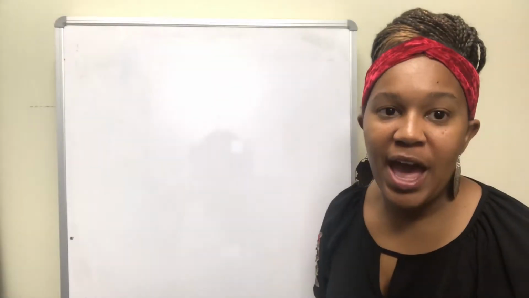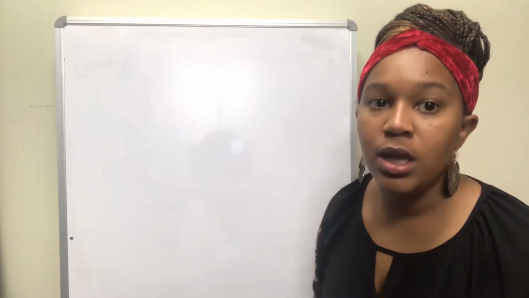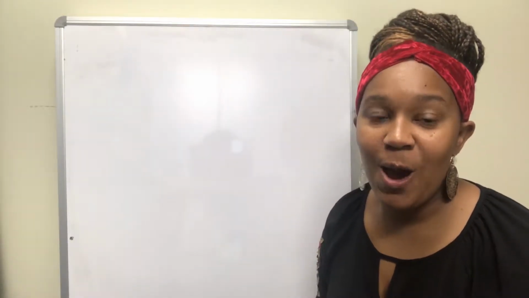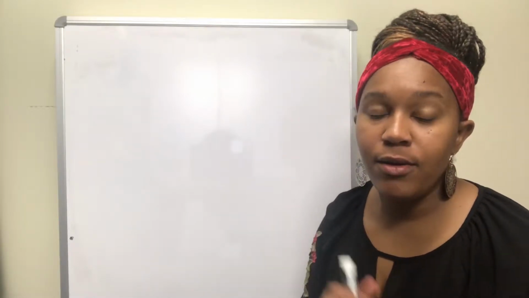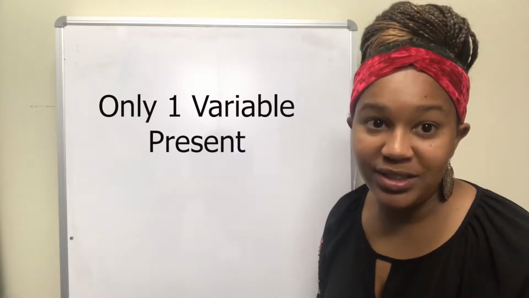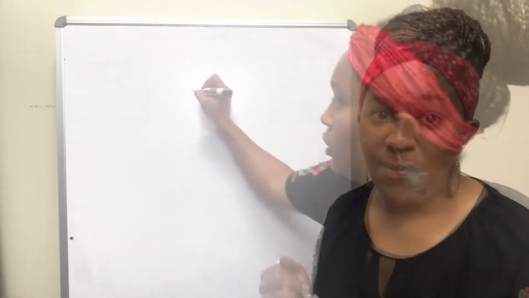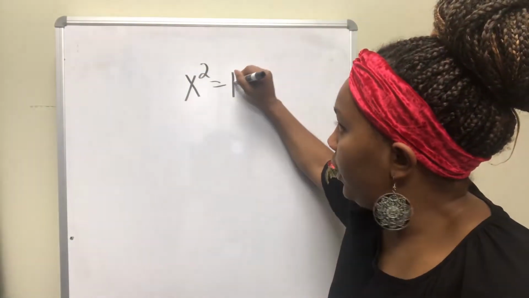Now we're going to talk about how you solve quadratic equations using the square root property. You cannot always use the square root property. You can only use it when you have a quadratic equation and there's only one variable present. For example, you may end up with something that looks like this: x squared equal to k, where k